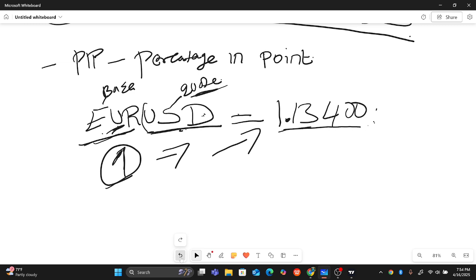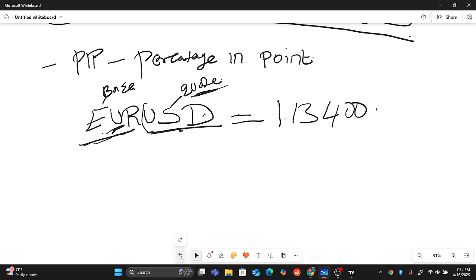Remember, we started on this. Remember here, this is the base currency, the USD, and these are the values. Now, how do we name this value? Before we go to the first point,